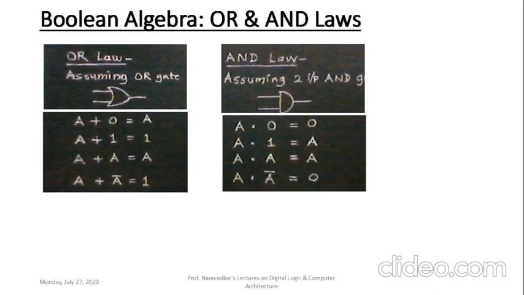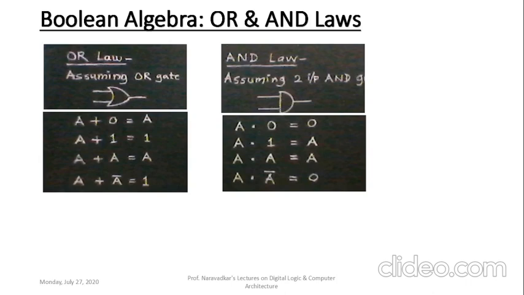Then the second AND law, A dot 1. One of the inputs is A, can be anything, 0 or 1. The second input is 1. In that case, the A input, its logic will be the corresponding output here. If A is 0, then 0, 1, these are the inputs here. Output will obviously be 0, means A transferred to the output. When A is equal to 1, then the second input is also 1, output is equal to 1, means A equal to 1 is prevailing on the output side.